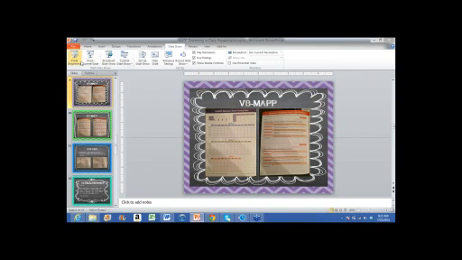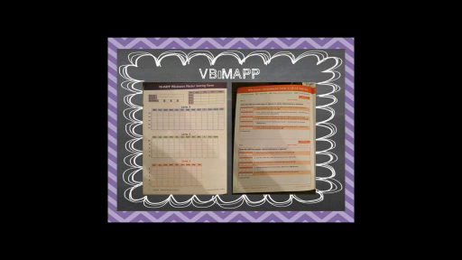I just pulled some pictures in case you don't have this or you haven't ever seen it. This will help you to see what it looks like. It's really colorful, which I can appreciate, but it's very easy to read. It's very easy to fill in.